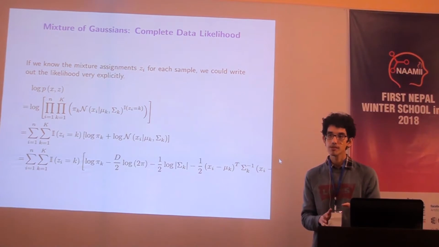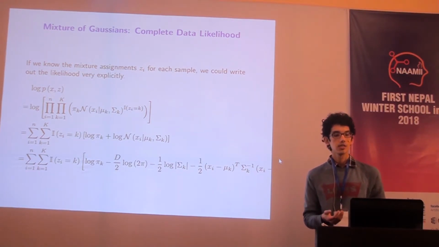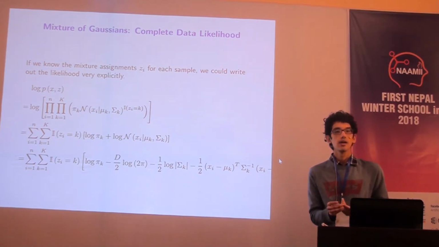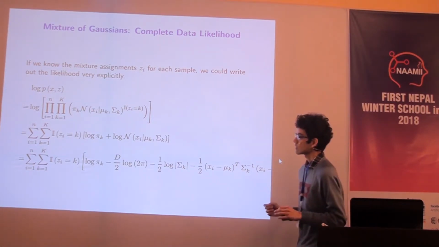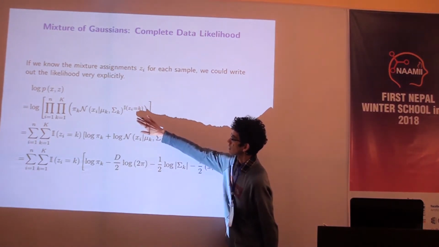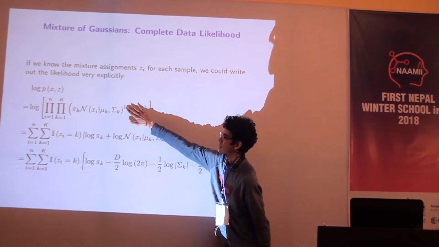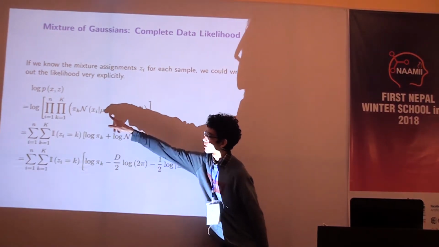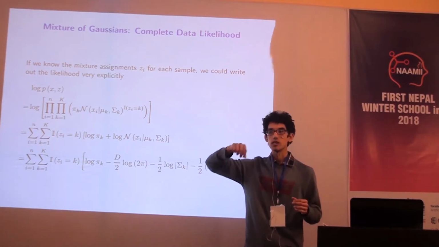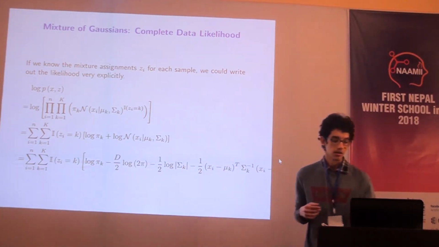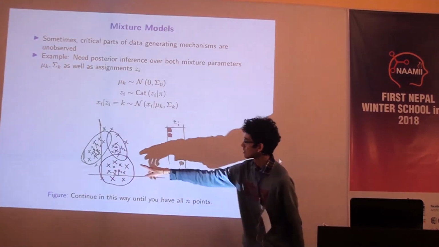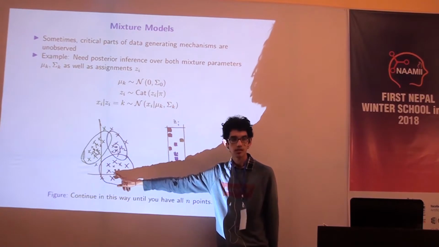In the real world, I don't know it, but then assume you knew it. If you knew it, then you can write down the probability of the data that you observed, right? And it's actually not too bad, right? What you do, first, ignore the indicator thing. What this inner part is, is just the probability of a data point given that you know which cluster it belongs to, right? So if I knew that this point belonged to this cluster, I can evaluate its likelihood,